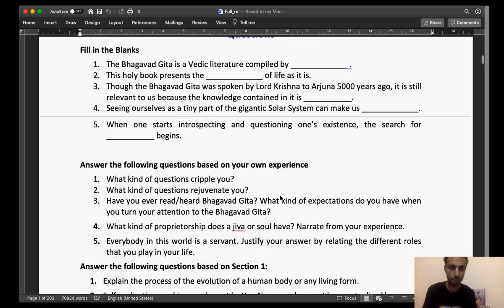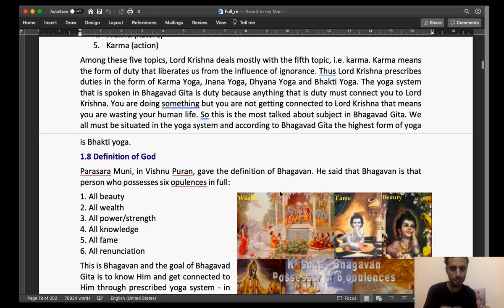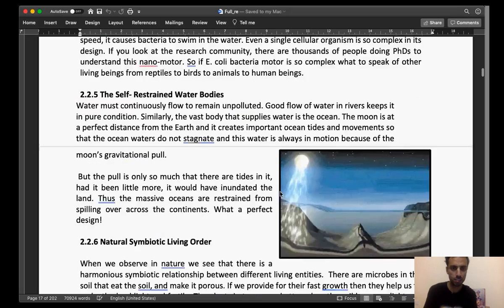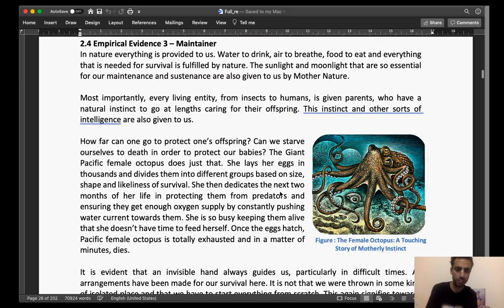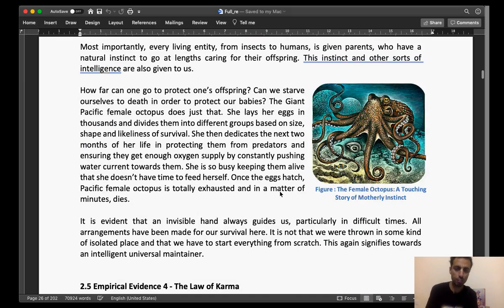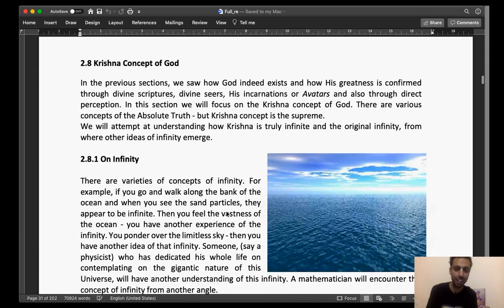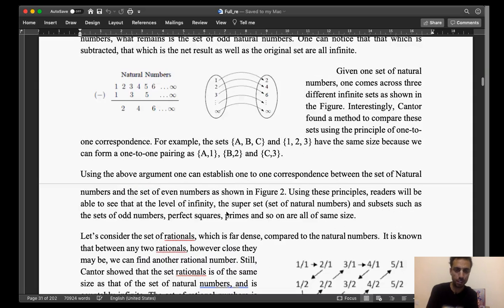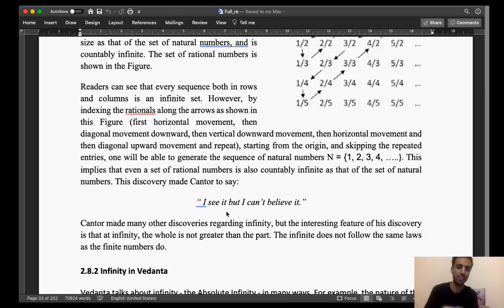We are reading chapter number 2, section 2. In the last discussion we discussed the concept of infinity as understood by George Cantor. And today we are going to see infinity in Vedanta, which means what is the concept of infinity